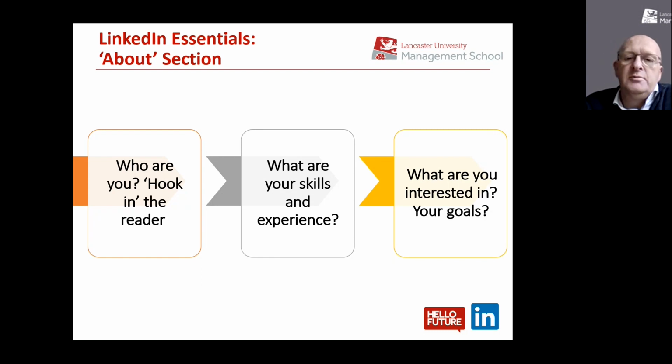So again, like your career objectives or your career aim section on your CV, it's about what are you hoping to achieve. So give the employer some idea of what you're hoping to achieve with the initial stages of your early career. Because obviously, as we keep on mentioning, this is just about the early stages of your career. We're not planning for the next 20 years. It's really only for the next few years.